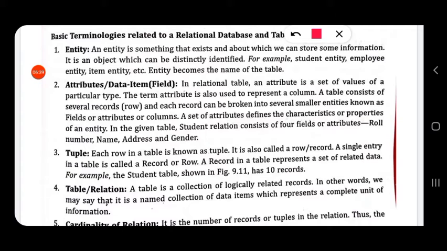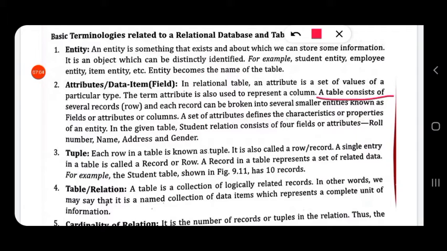So a table consists of several records or rows, and each record can be broken into several smaller entities known as fields or attributes or columns. A set of attributes defines the characteristics or properties of the entity.